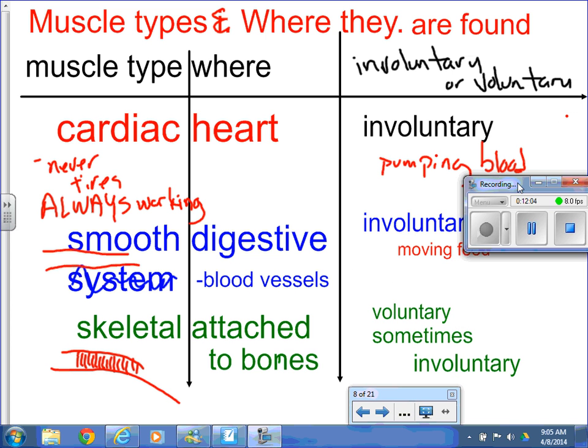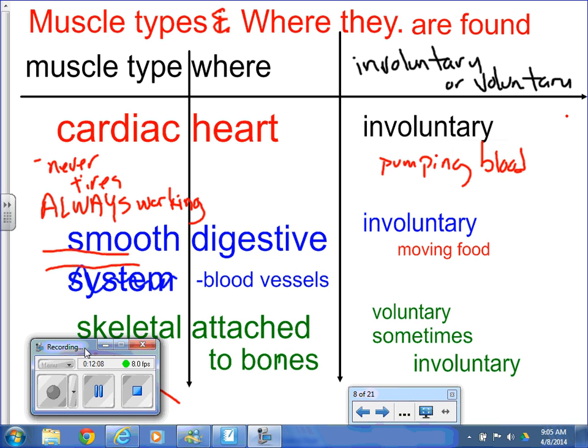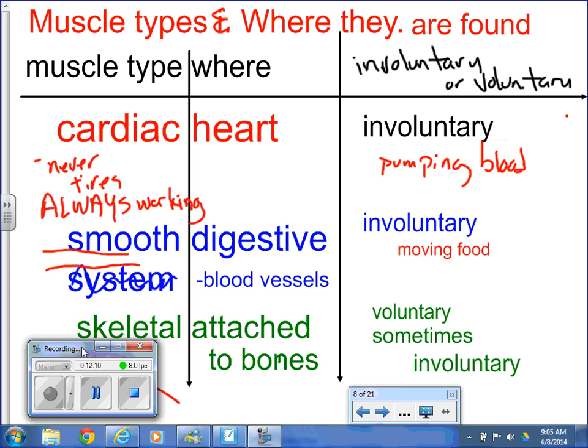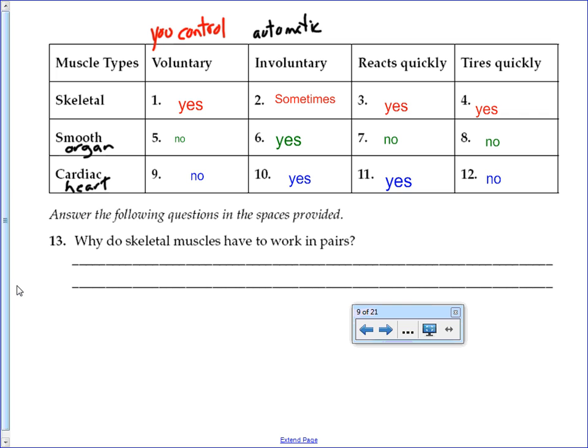So this is stuff you'll need to know for the quiz. And as you're writing your conclusion, cardiac muscle, smooth muscle, skeletal muscle. Where is it found? Is it voluntary or involuntary? And what's it doing? So we just did that. That's just another version of the same thing. And this is a worksheet that I was going to have you do today, but the copy machine broke yesterday, so we don't have it. But this is something that you can add to your skeletal muscle and smooth muscle.